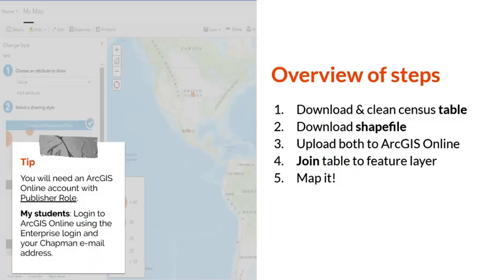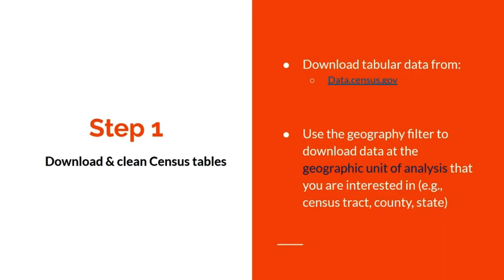And so there are 5 steps to this. The first is to download and clean the data from data.census.gov. The second is to download a shapefile from the census Tiger files. The third is to upload both of those things to ArcGIS Online, and finally join them and create a map out of them. So we'll be going through each of these